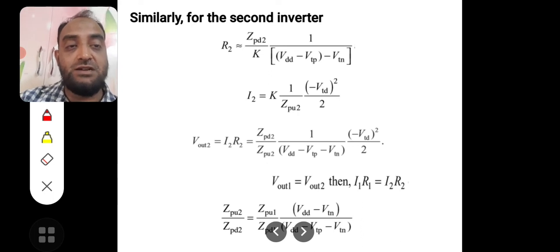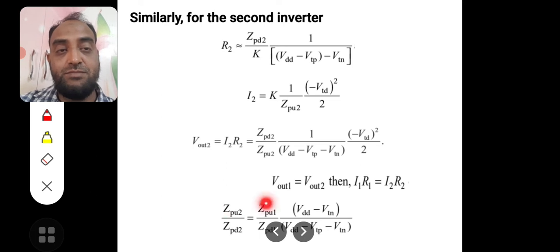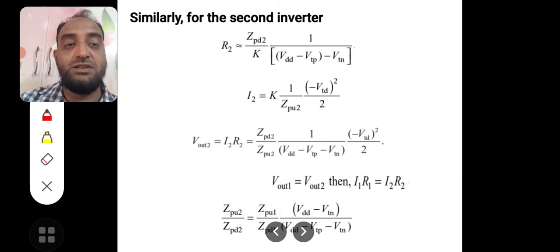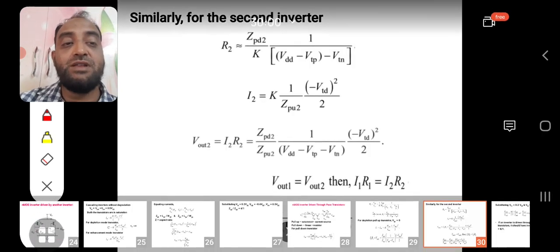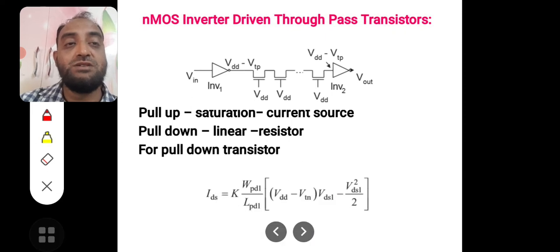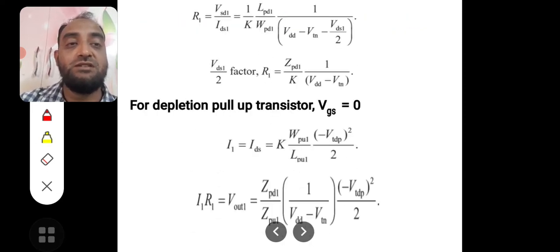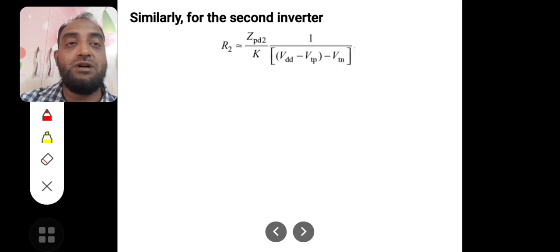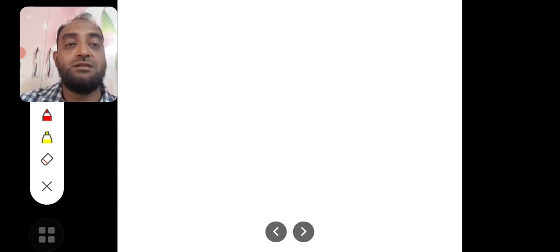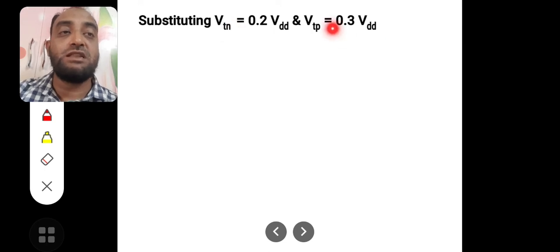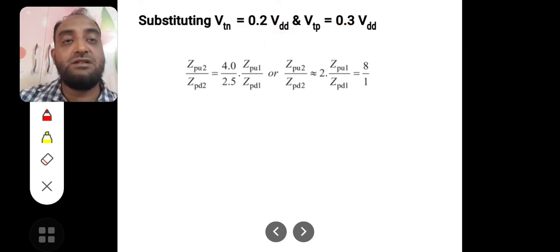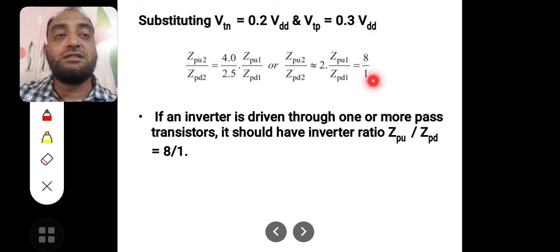You will get an equation like this, in which the dimensional parameters Z, aspect ratios, come with some parameters whose typical values can be substituted for simplifying the equation. Now applying those typical values, as we have discussed already,